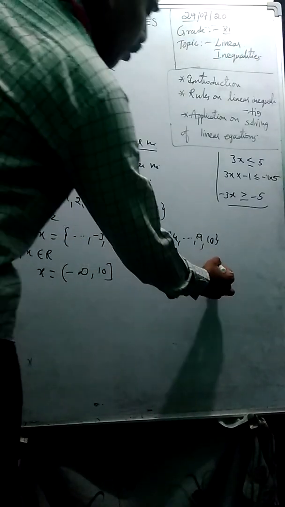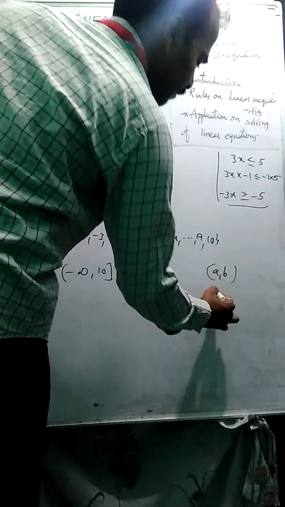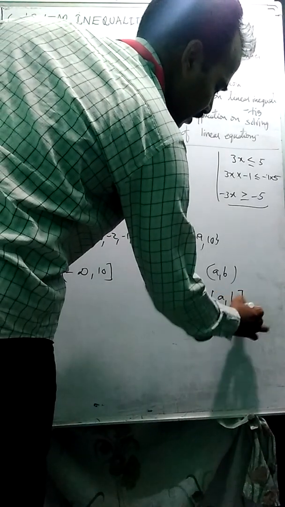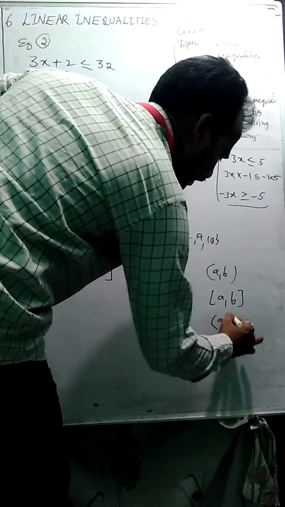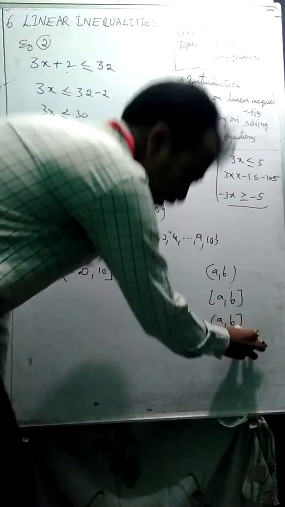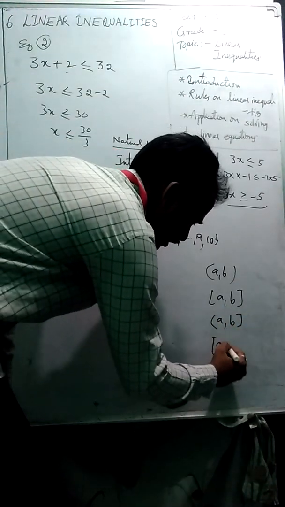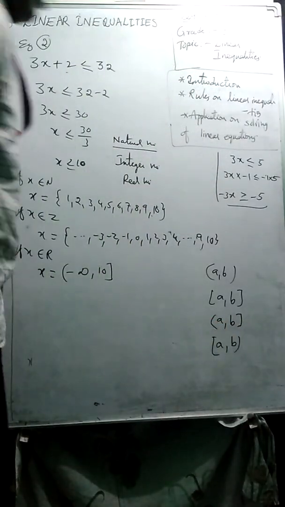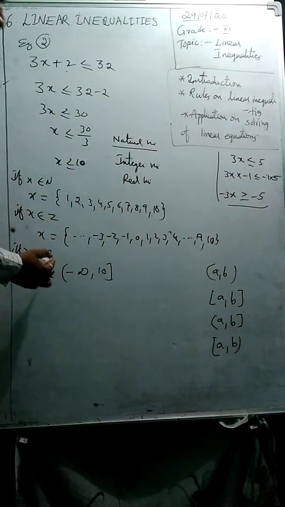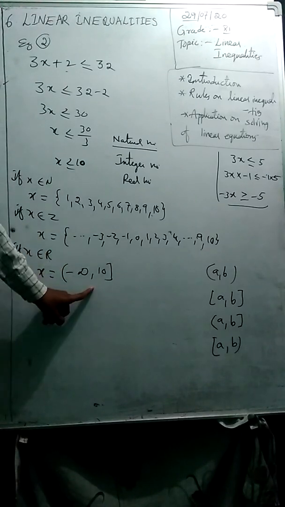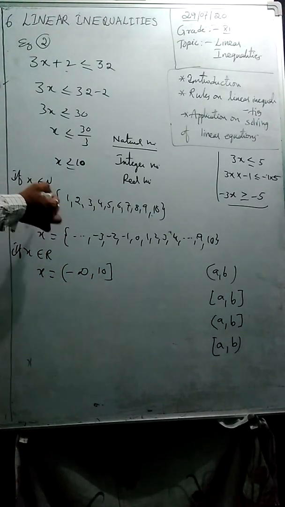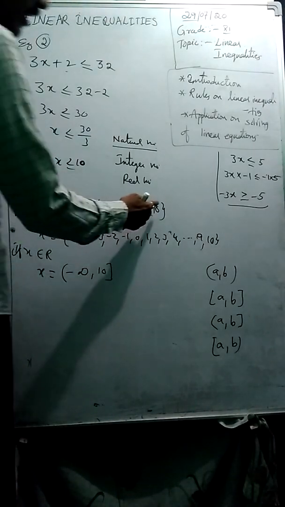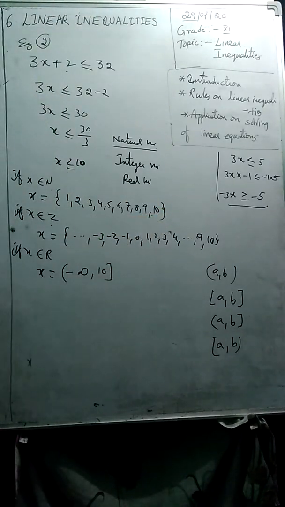You know about the open bracket: (a, b); closed bracket: [a, b]; open on one side, (a, b], I mean whichever side is closed, that is included. Closed at a, open at b, I mean a is included. So you know this. But when we have the real number set only, we use intervals, students, because for natural numbers, integers, rational numbers, there is a limit. Some irrational numbers we can't take. But when we take real numbers, all rational, irrational, natural, whole numbers, everything is included.